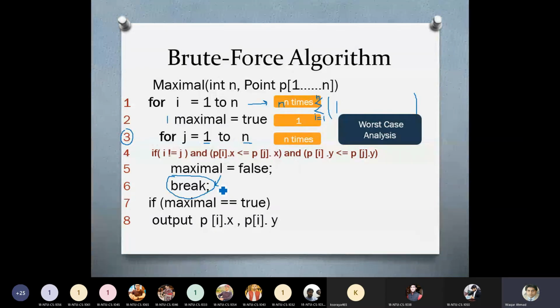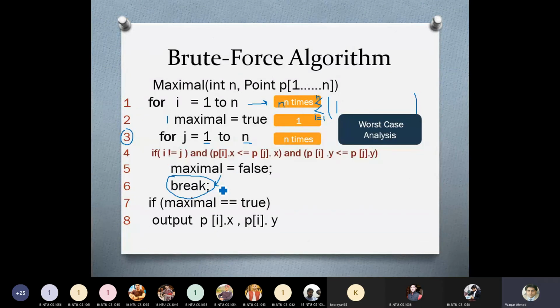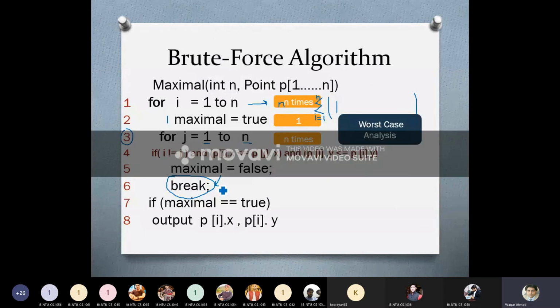So if we say that the loop at statement number 3 is also going to be executed n times, it means that we are ignoring the break statement. This type of analysis, exempting the break statement and considering that it is also going to be executed n times, is normally referred to as worst case analysis.